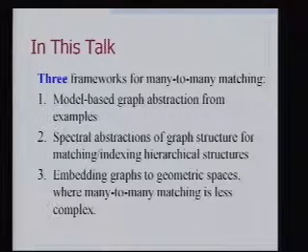In the second case, we're going to take a different approach and try to find abstractions of the structure such that we can match collections one-to-one. That's the second approach. And in the third approach, we're going to visit the many-to-many matching in the explicit graph domain and look for a transformation that takes the nodes in the graph to some other domain for which we can more efficiently compute many-to-many correspondences, with the solution mapping back to the solution in the graph domain. So I'll quickly review these 3 examples.